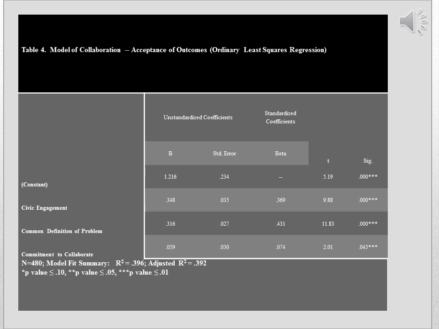When we look at the model fit summary, that's the other thing to take note of when you look at regression models. The R squared shown at the bottom of the table is 0.396. That means we explained almost 40% of the variance in our data. Now, in social science, R squared values are one of those key values, and 40% doesn't sound like we've explained a whole lot. But I'll tell you that in a lot of studies, you're shooting for 10 or 15% of the variance explained. We do not have a strong enough understanding of the relationships, or there are other factors that we're not controlling for within our models, or other things that are occurring.